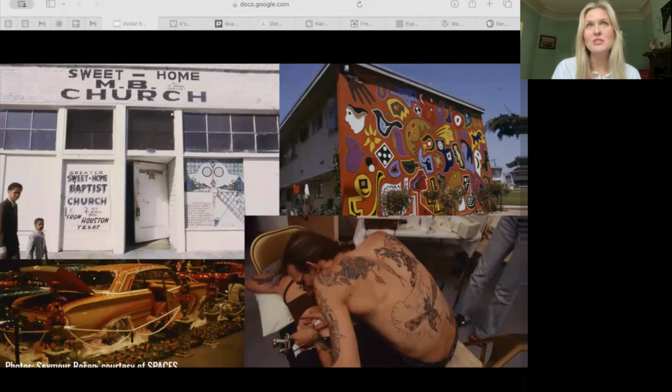And really what he was interested in was anything that people were doing to leave their mark on the world, any creative pursuit that people had, usually if it didn't fall under the umbrella of what was considered to be traditionally creative at the time that he was doing this. So really, he was super active in the late 50s, 60s, 70s until his death in 2006. And so I think it's important to look at these other aspects of his practice as a photographer and his other interests as a curator,